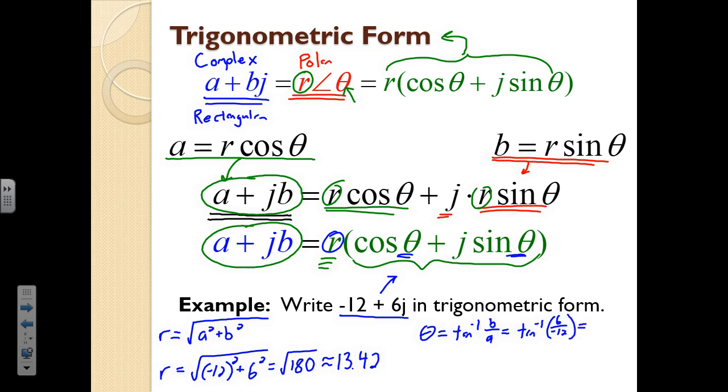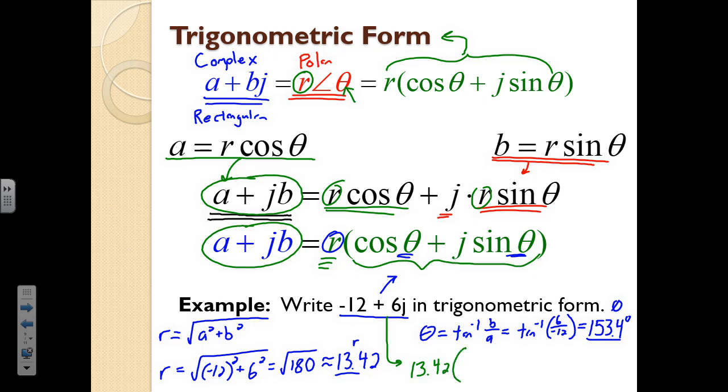Noting that that's pointing to the left and up, it has to be in quadrant 2. That works out to be 153.4 degrees. You should verify that. Since we know our magnitude r, and since we know our angle theta, we can put this thing into trigonometric form. That means in trigonometric form this becomes